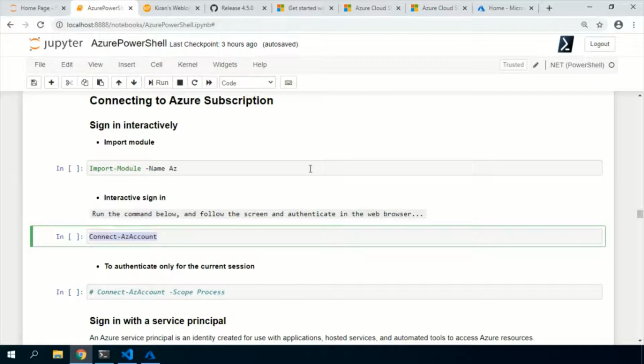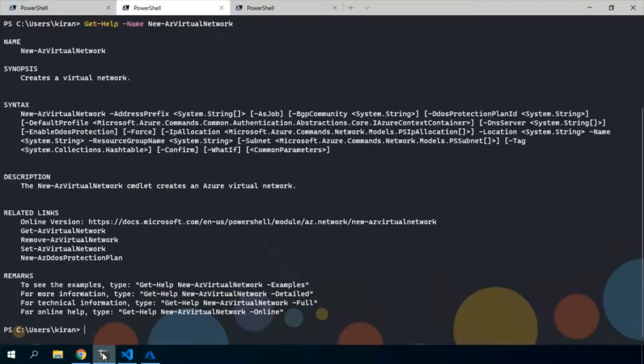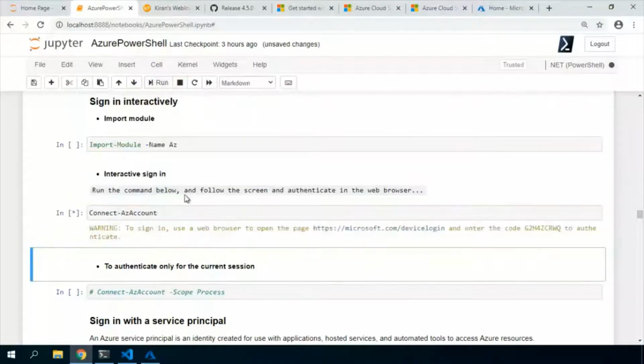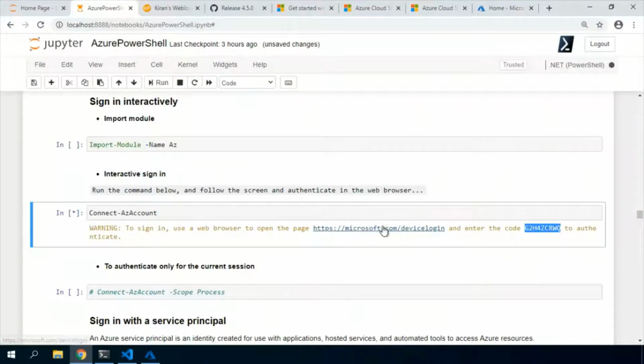But with the latest Az module in the core editions, you need to authenticate your device. The device, as in, if I'm using the web browser, the browser itself is a device, or the console itself is a device. So if I run Connect-AzAccount, it will ask us to go to the device login page, and then you need to enter the device code to authenticate this device.